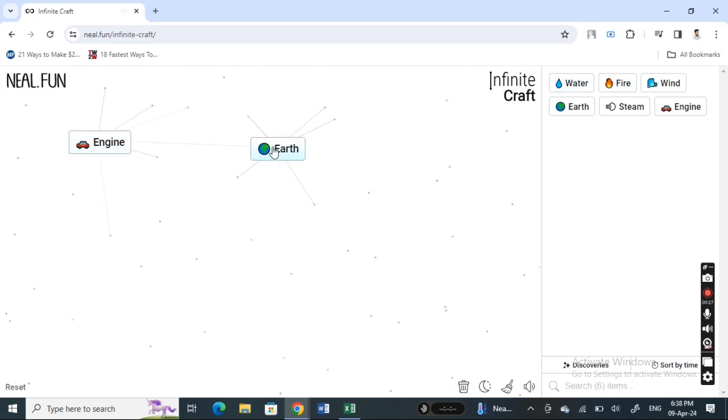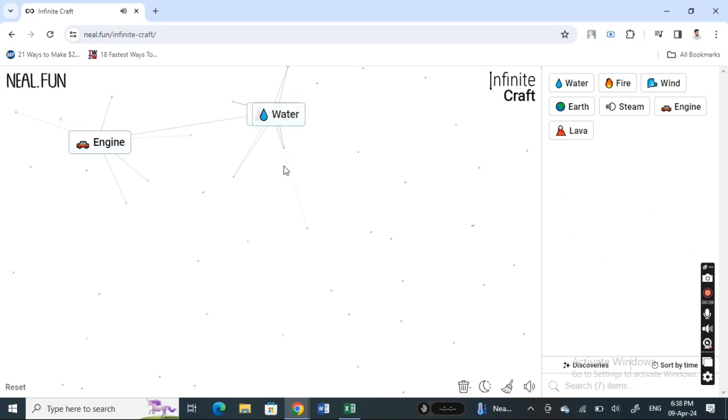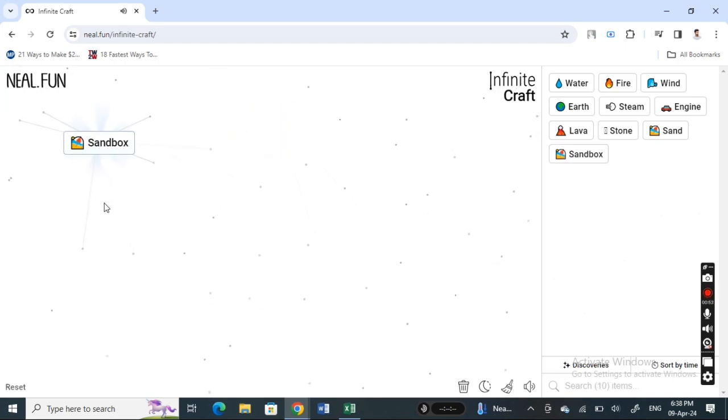We're going to go and get some earth here and then add it with earth, add it with fire, and then it will give you a lava. So lava, add it with water. You will get a stone, and then this stone you can add it with wind, and that will give you a sand. So once you get this sand, add it with your engine here, and that's going to give